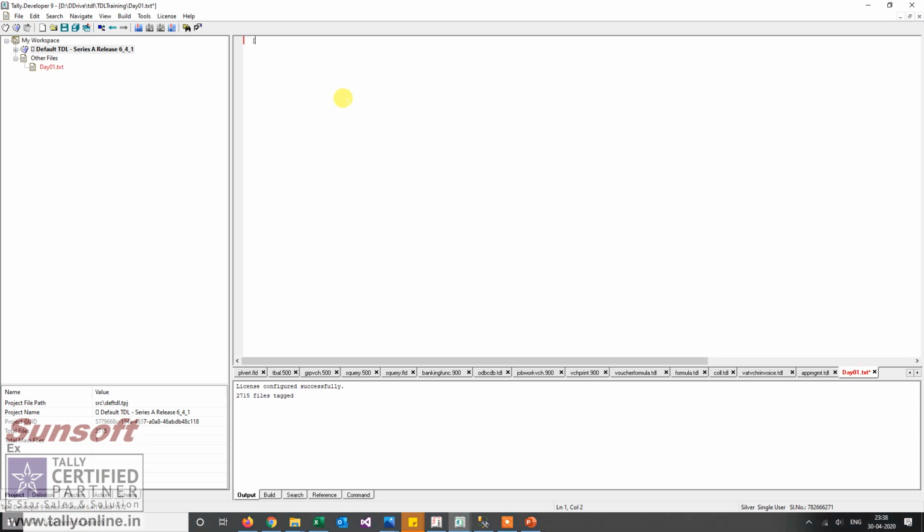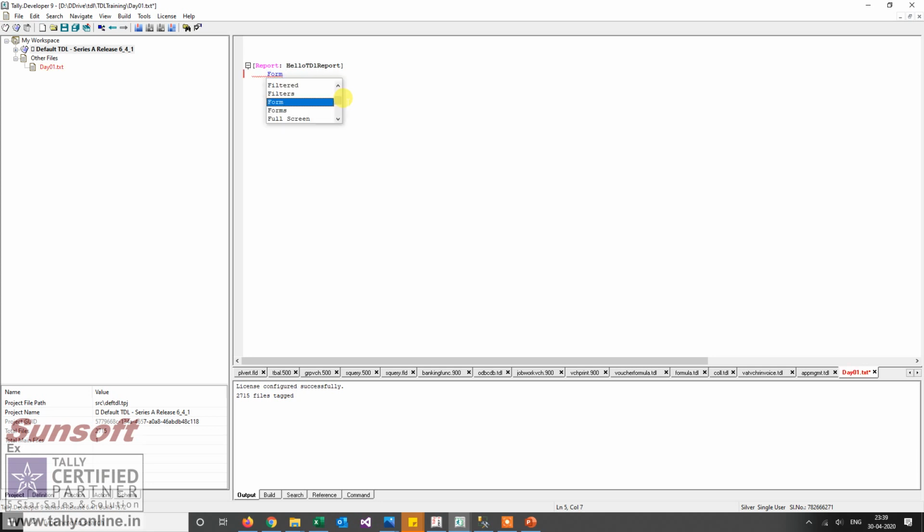So the day1.txt file which I have created, I'm creating. To define the first line, I'm just explaining a little thing that in square brackets, I'm defining a report. So let us write it as Hello TDL Report. So my first report is Hello TDL Report. So in square brackets, I have defined my report.